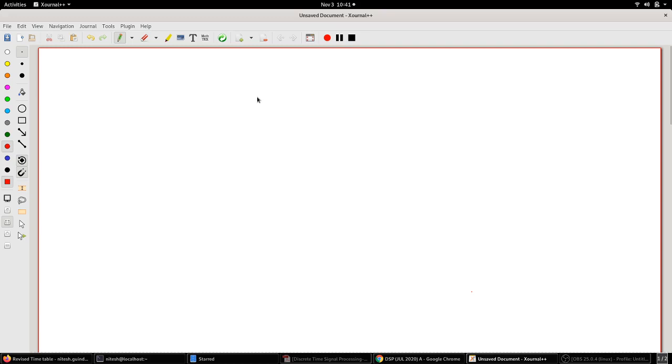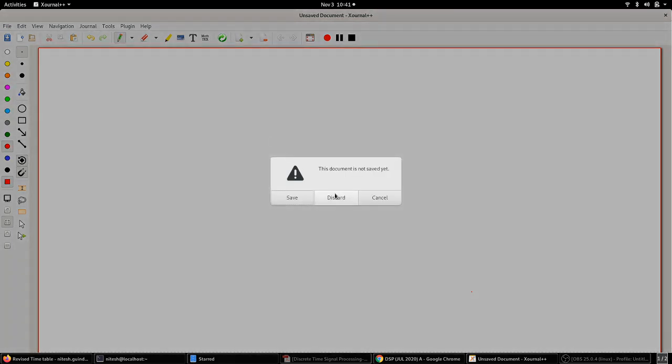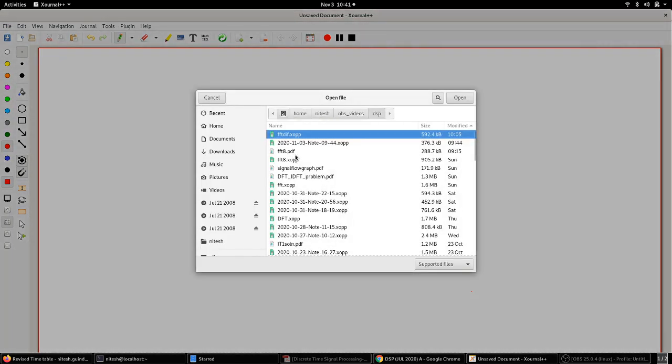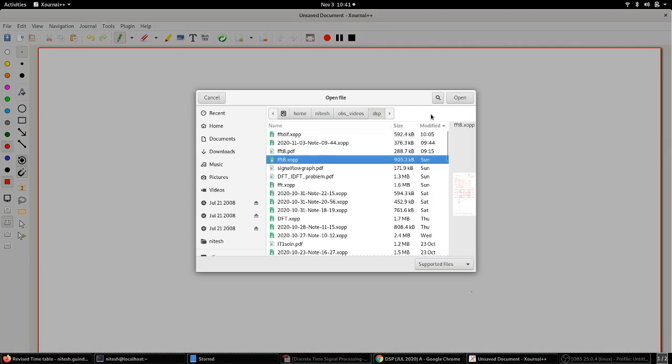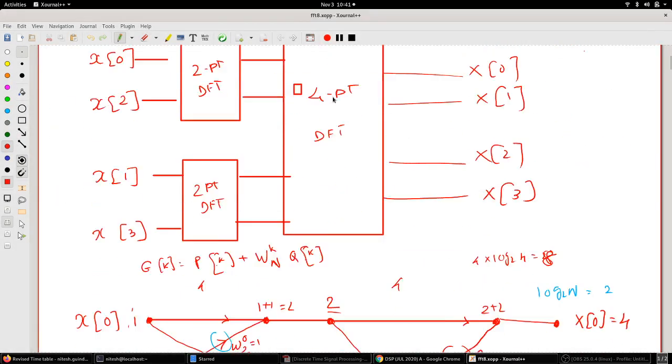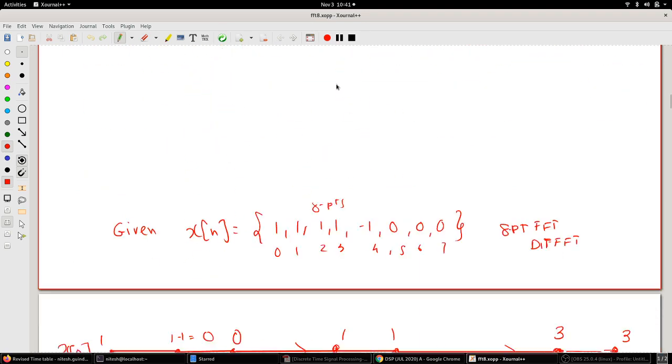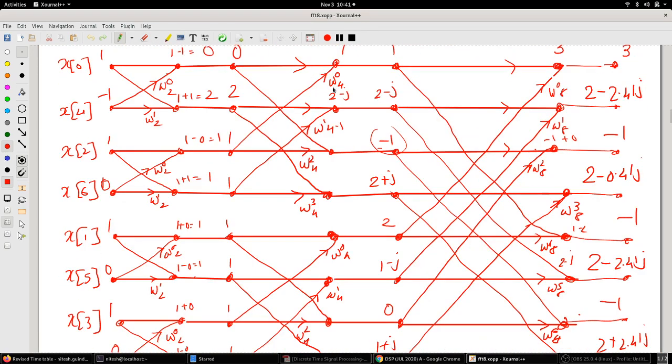So we have looked at the DIT, right? DIT FFT. Now what we saw was with that structure. I'll just open that structure. Let me open this structure. Okay. So what we have seen here with this structure is that if you look at every stage,